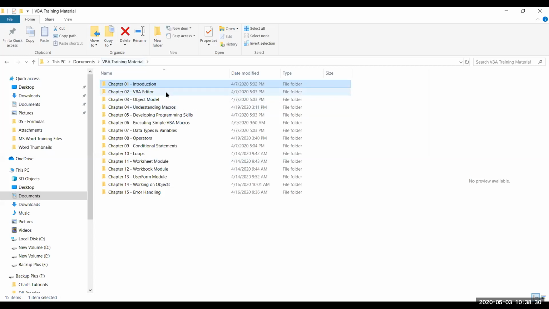See, over here again, we have this VBA editor. So here we'll show you the interface where exactly you're going to write the program. So what are the different windows that are available to us in it? Let me show you this one.